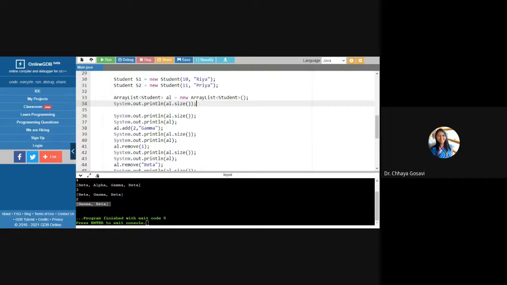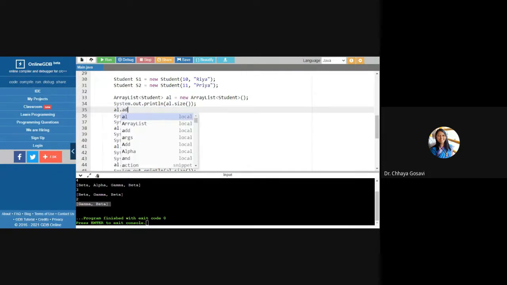So we have created array list AL. You can change this name if you want to create a list of students and give the name, say A division or something. You can use that. It will print initial size, which is 0. Then we want to add element to the list. So how to add element? AL dot add.